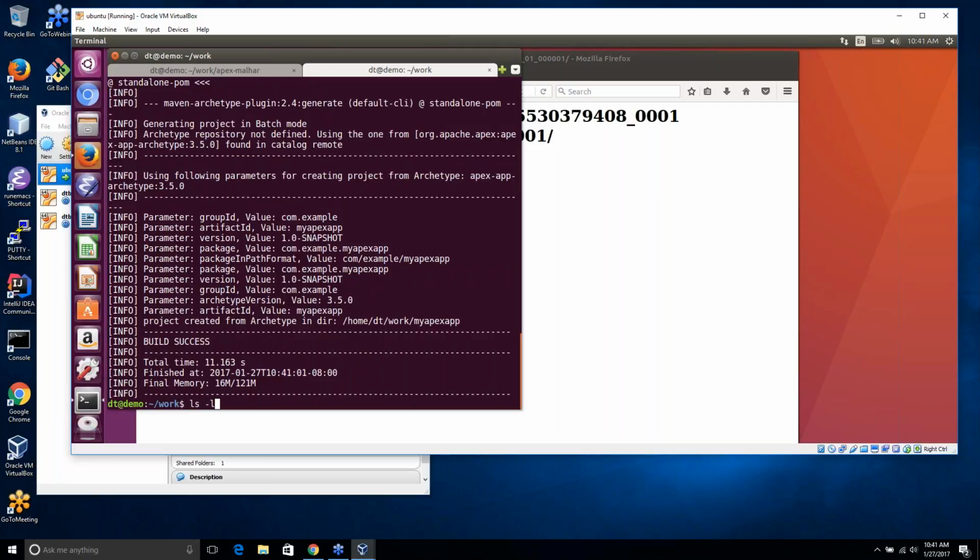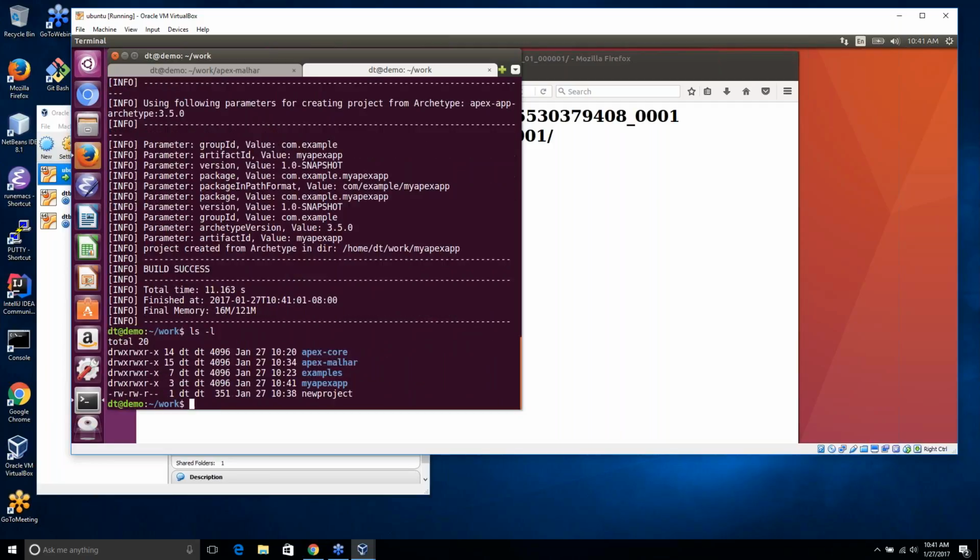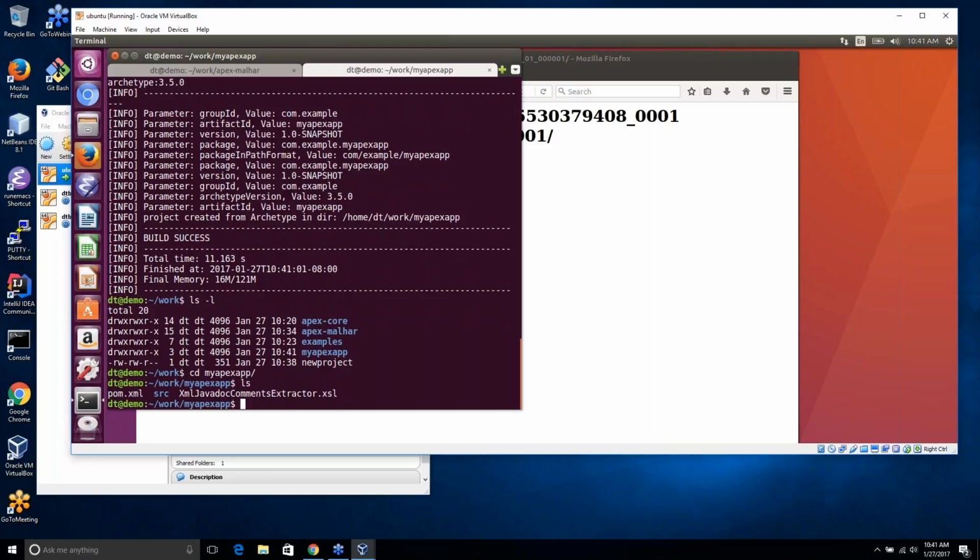Okay, so it's successfully completed. And there's the directory that I was talking about, My Apex App. That was the result of running the script. So if I step into that directory, My Apex App, and do an ls, there you see there's a source directory that has the source code and a few other configuration files, and then the pom.xml, which tells Maven how to build the project. So if I do a find on the source directory for any Java files,